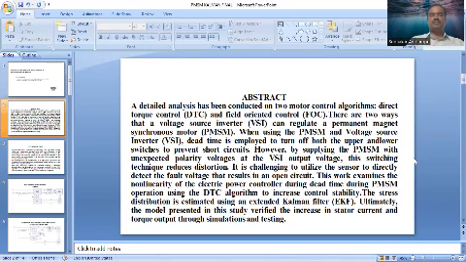speed can be controlled by various speed control methods like direct torque control method and field oriented control methods. In these different speed control methods, the voltage source inverter will be providing the variable voltage in order to control the speed of the motor. The selection of proper voltage space vector plays a very key role in the adjustment of the voltage provided by the voltage source inverter, through which the speed of the permanent magnet synchronous